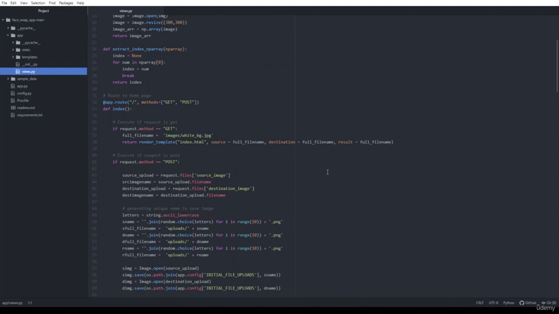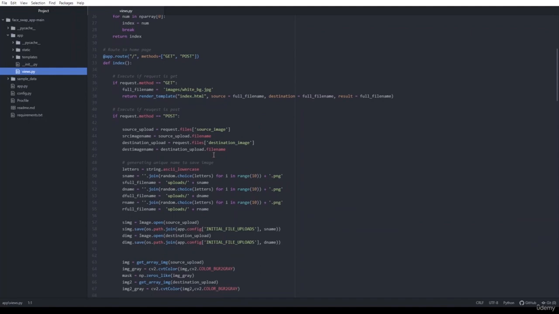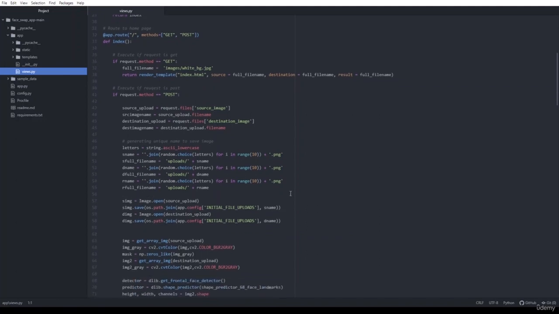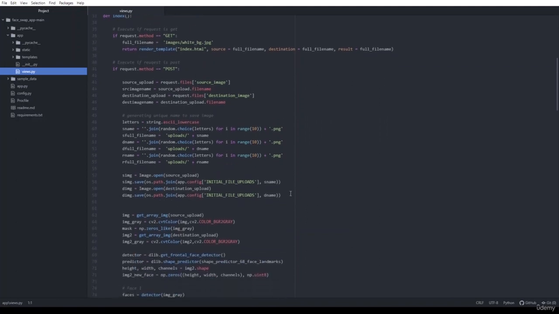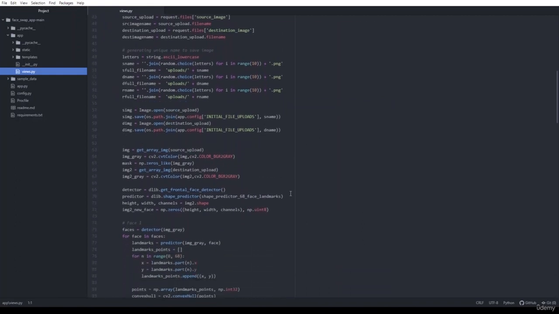POST method you can see that we are uploading images that we want to swap faces of, and exactly the same code that we have done in the Google Colab. So we are generating a unique name to save the images. After that we are saving the images. We are using the dlib library to get the frontal face. Then we will do the triangulation